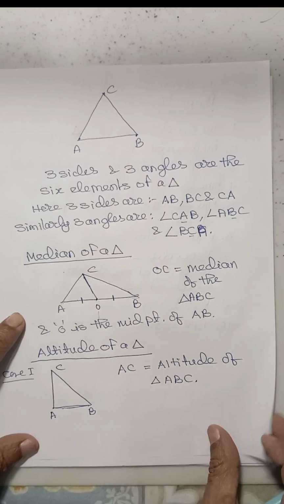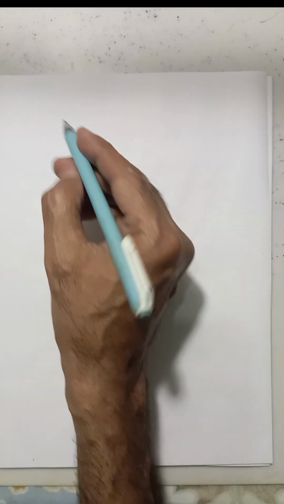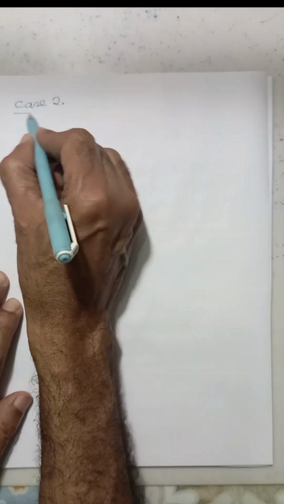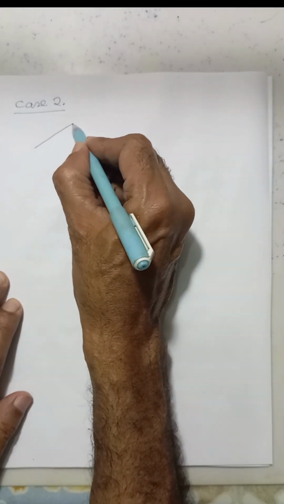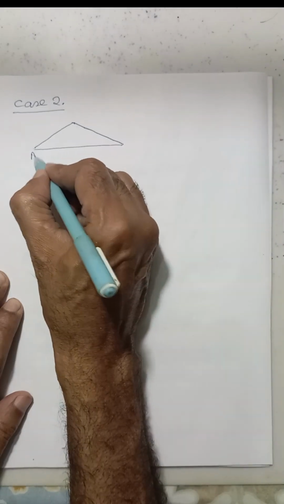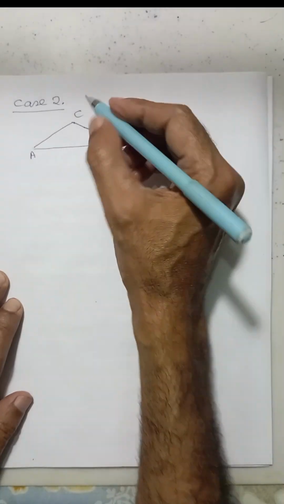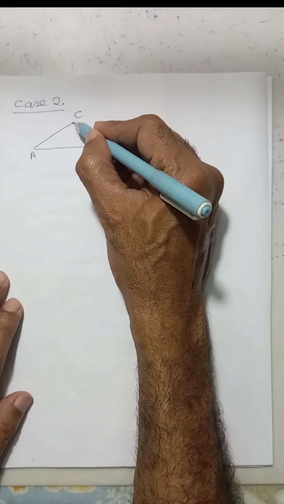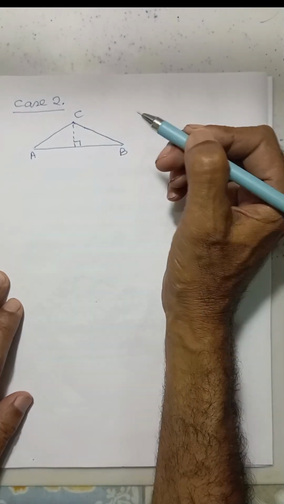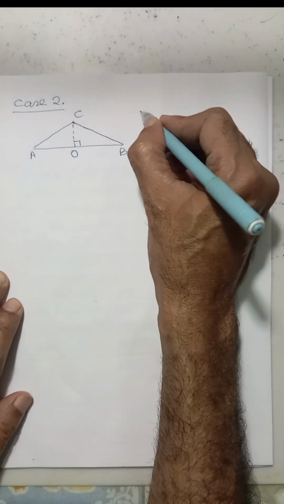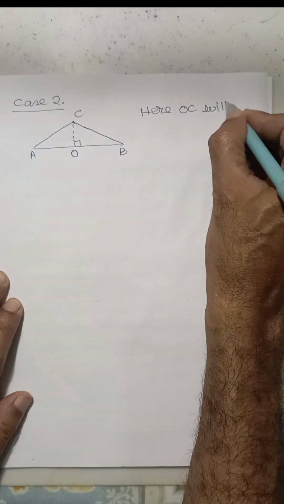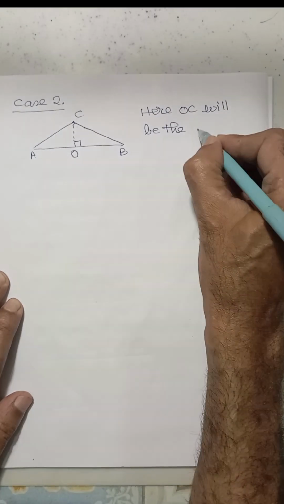Let us consider a few other cases. Case 2. Suppose this is a triangle ABC. Now from vertex C, if we drop a perpendicular to the opposite side AB, and this point is O, then here OC will be the altitude